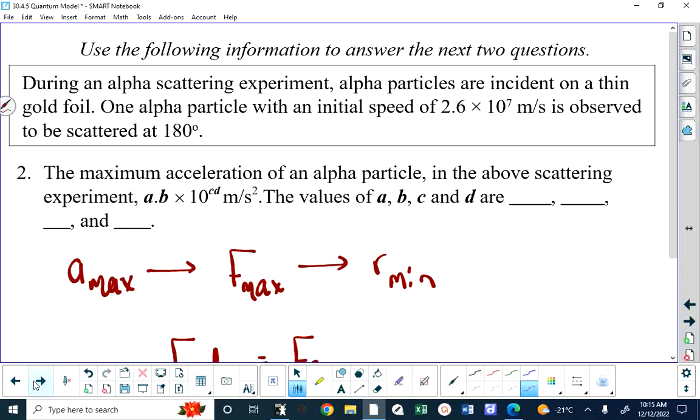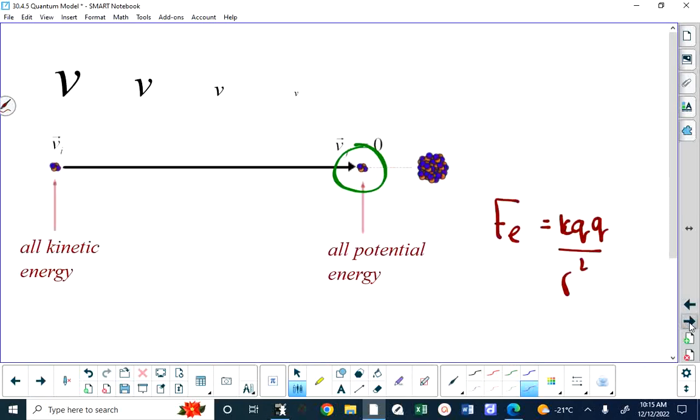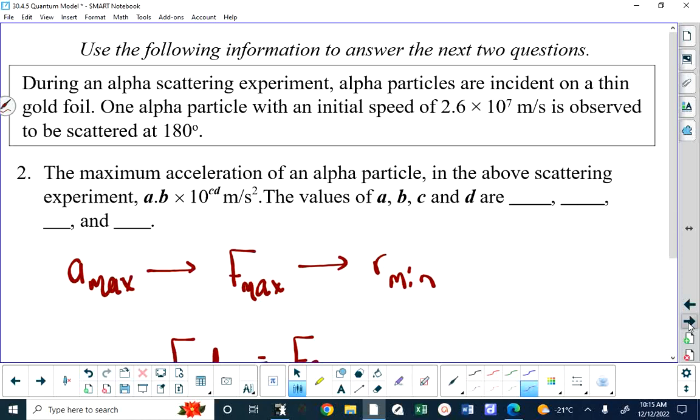You would have to be crafty enough to go, well, I need to know the distance of closest approach, so I'm going to use conservation of energy. We used conservation of energy to answer this question, but we used physics principle 1, or accelerated motion, to answer this question. So now if we put it all together,